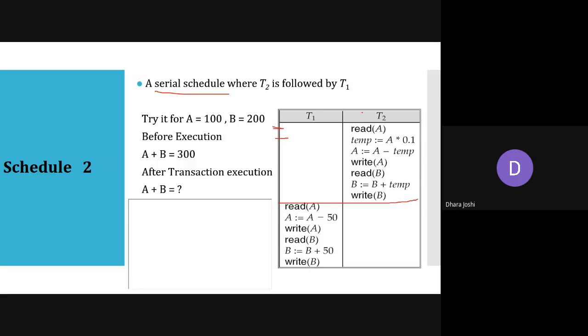So first we are doing all the instructions from T2 and after that we are doing T1. Remember one thing, whenever you have write A, you are updating the data item A in the database. And when you have read A, you are just reading the value available from the database. Okay. Do it and reply once you are complete. What will be the value?